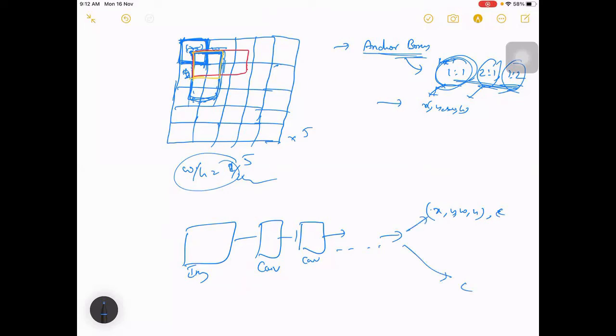So there is a regression for a box, and as well you can have the same for a second anchor, x2, y2, w2, h2, and similarly for the third anchor, x3, y3, w3, h3. This is the first anchor, second anchor, third anchor.